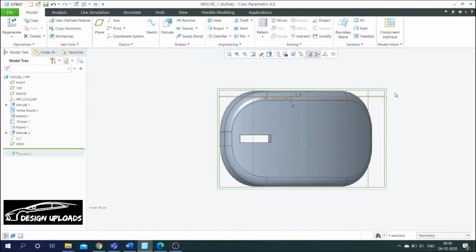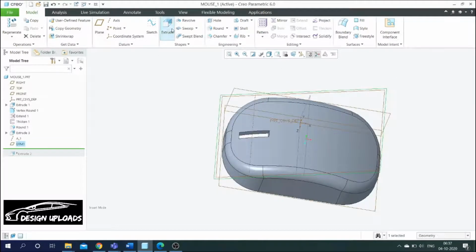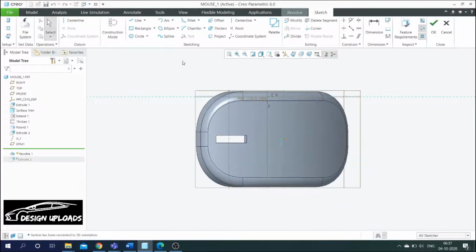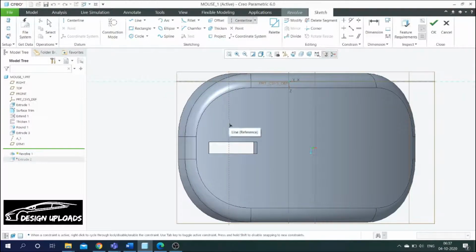After formation of this plane, just select this plane and give the revolve option and sketch view, and draw a center line. The center line should be drawn over the center line which we have formed before. I have formed the center line.